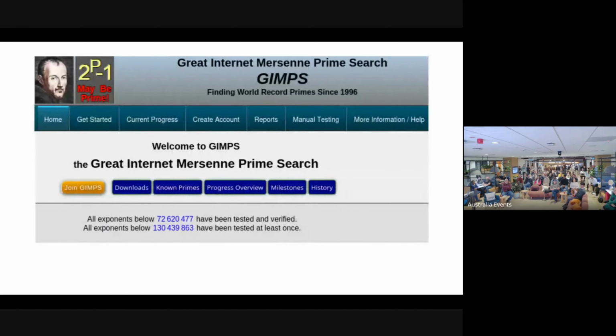And along those lines, I'll just read this so I get the facts correct. Okay, I'm back. For 30 years, the Great Internet Mersenne Prime Search, called GIMPS, has been searching for the largest